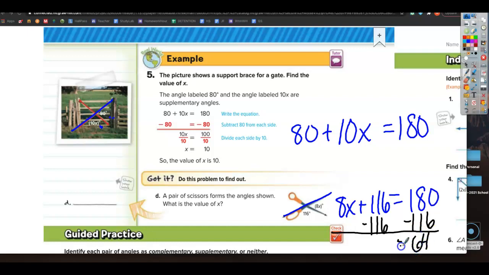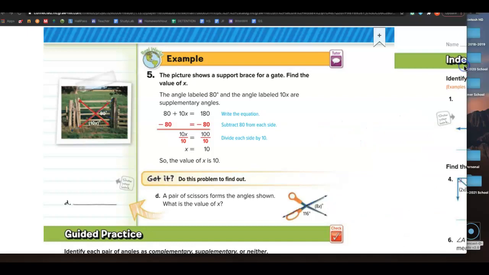And then we divide 64 by 8, so we get 8. Good. So x equals 8. Thumbs up if you got that. Okay. All right, we are going to rotate